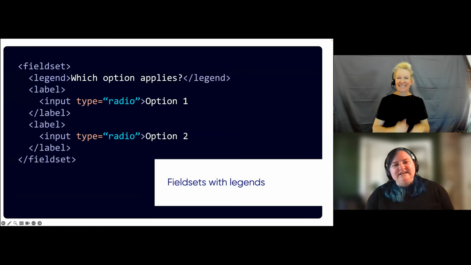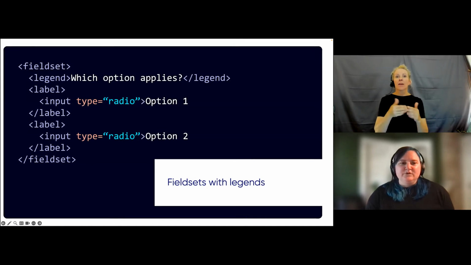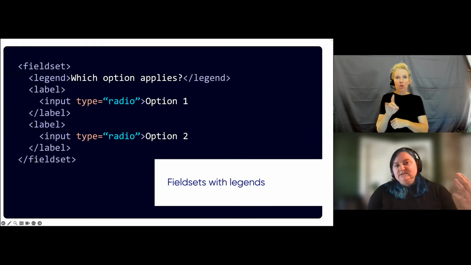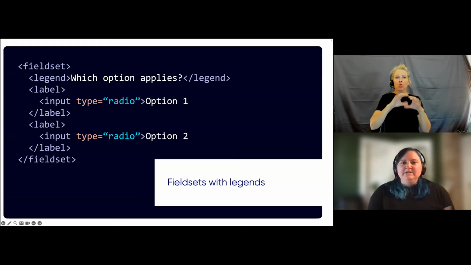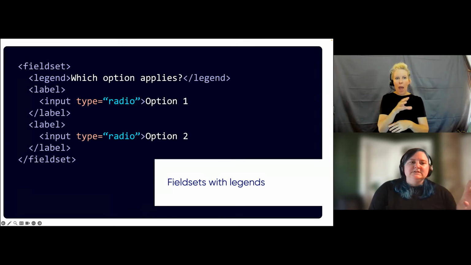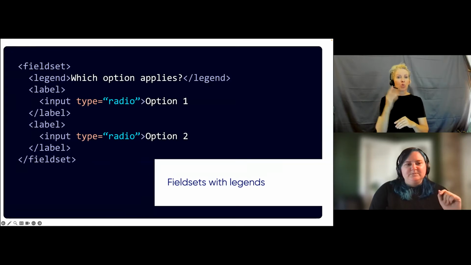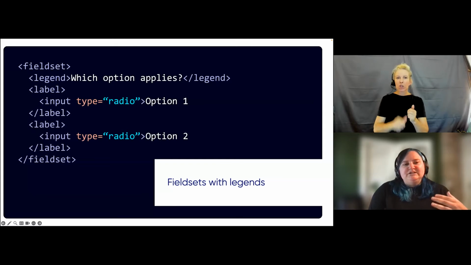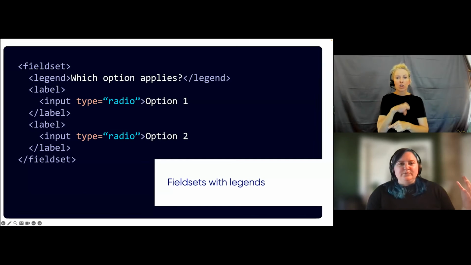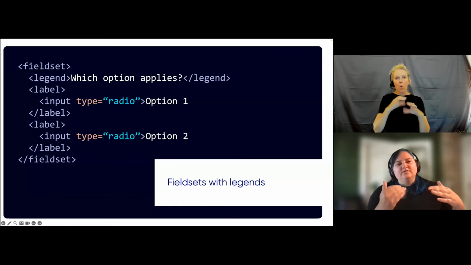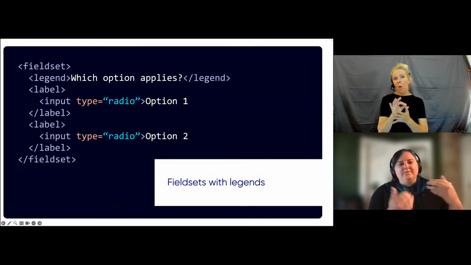And then the use of field sets. This is one that might be new information to some folks out here, but a semantic field set element with a legend is a way of grouping similar fields, input fields, most commonly in radio and checkbox groups, right? So we have a semantic field set element that wraps our legend and two radio button options here with our labels appropriately assigned to each input field directly. And the legend provides an overarching label for the group of those things. So all the radio options roll up into the legend.